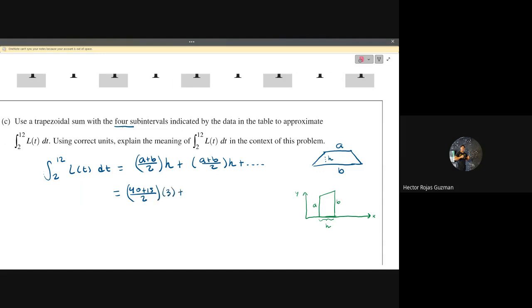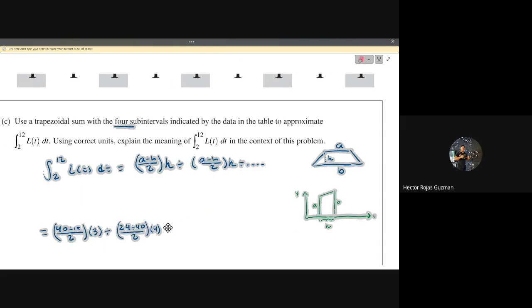times 3, plus 24 plus 40 divided by 2 times 4. I'm going to need more space here, so let me scoot this over. Plus 68 plus 24. Plus 18 plus 68 over 2